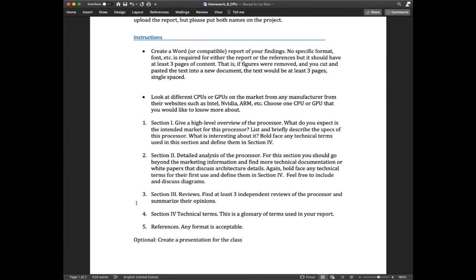In Section 2, I want you to go beyond the marketing materials and try to find some white paper or more technical documentation to discuss the details of the CPU. Again, you'll want to boldface any technical terms and then define them later. Now, some of these technical details may be really in-depth technical, and you may not absolutely understand everything they're saying,